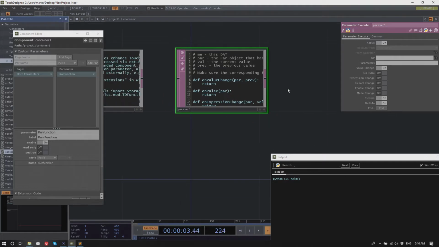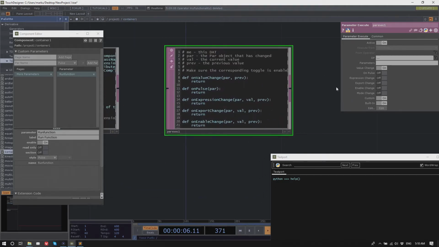So for example, with a Parameter Execute, I can write operator, and if I type dot, it means I'm referencing my parent. So I'm referencing container 1 here. And then I can ask on which parameters to execute. And my parameter, which I called run function, okay.